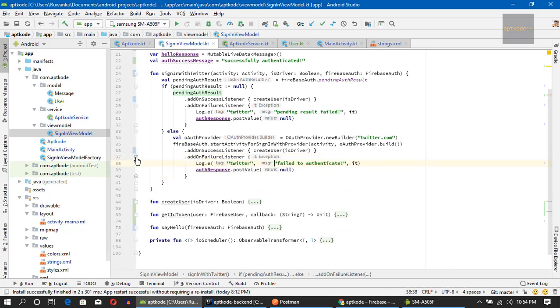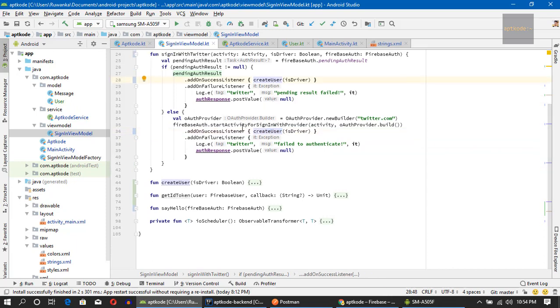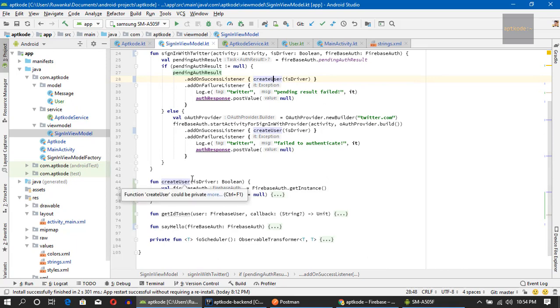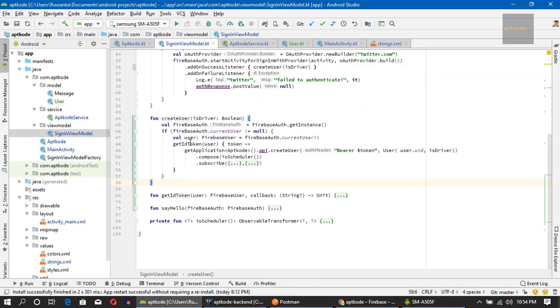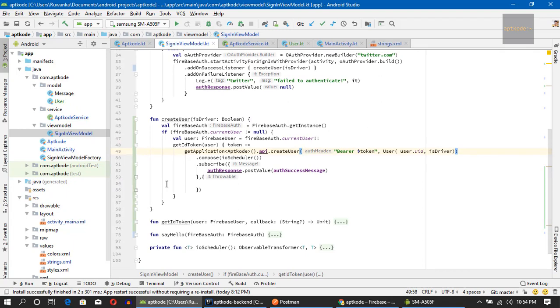So inside that one, in the success listener, I'm calling create user, right? The create user method calls the get id token immediately and creates the user based on that id token, right? Okay, so here we need to log the error,